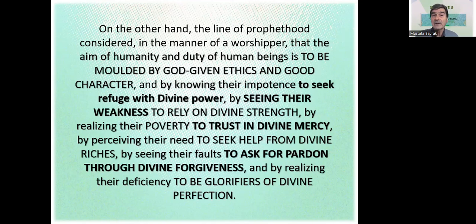On the other hand, the line of prophethood considered, in the manner of a worshipper, that the aim of humanity and duty of the human being is to be molded by, to be shaped by God-given ethics and good character, and by knowing their impotence. So impotence is a key. Impotence is a coordinate. So by knowing their impotence, to seek refuge with divine power, to be safe,